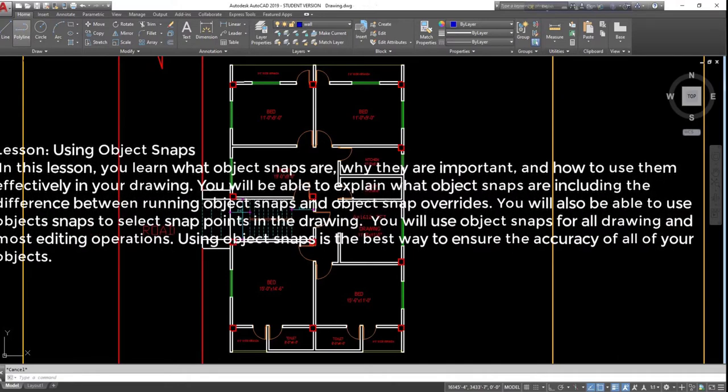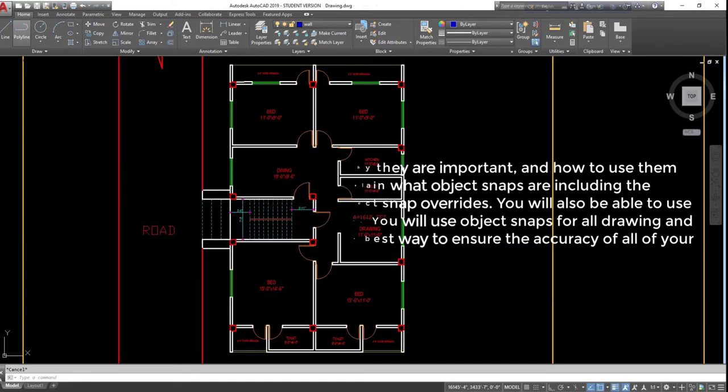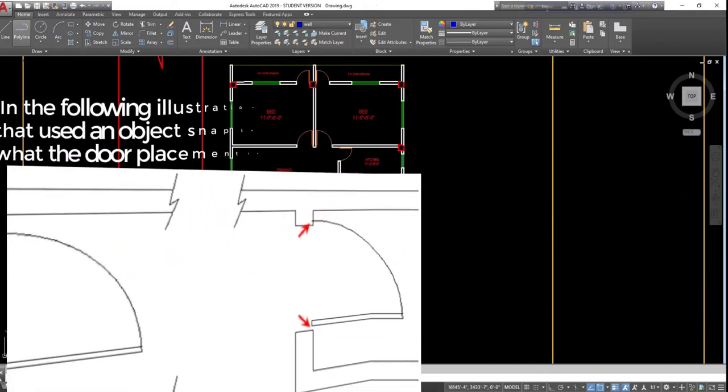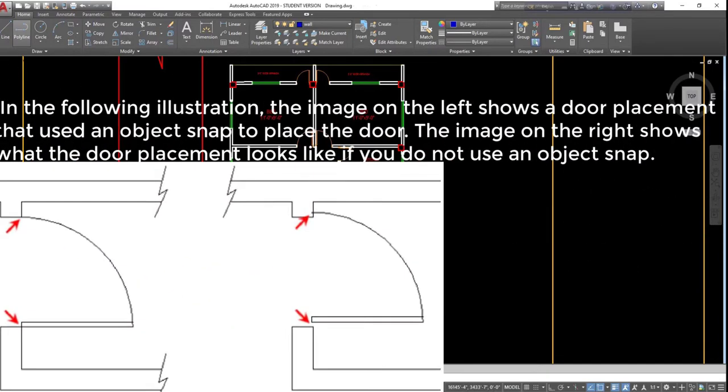You will also be able to use object snaps to select snap points in the drawing. You will use object snaps for all drawing and most editing operations. Using object snaps is the best way to ensure the accuracy of all of your objects. In the following illustration, the image on the left shows a door placement that used an object snap to place